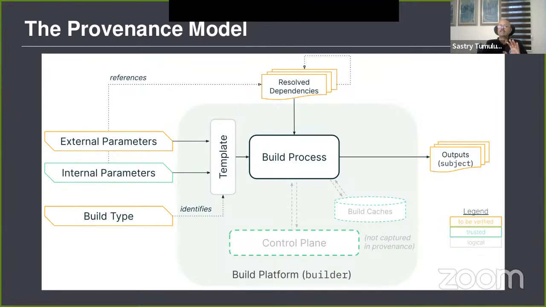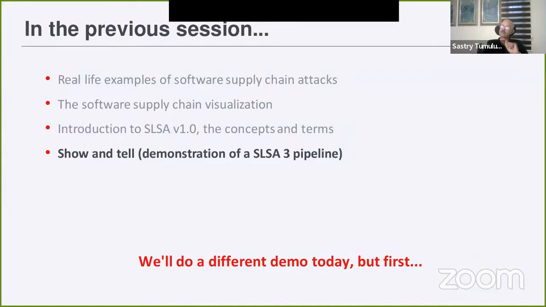except that this is not all. We don't want you to think that all there is to supply chain security is just provenance, signing the provenance, and verifying the provenance. There are a bit more pieces in the works. SLSA 4 is work in progress, but this is what we covered last time. We showed a SLSA 3 pipeline. So today,